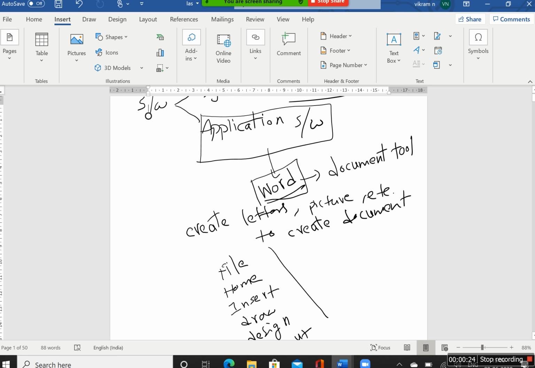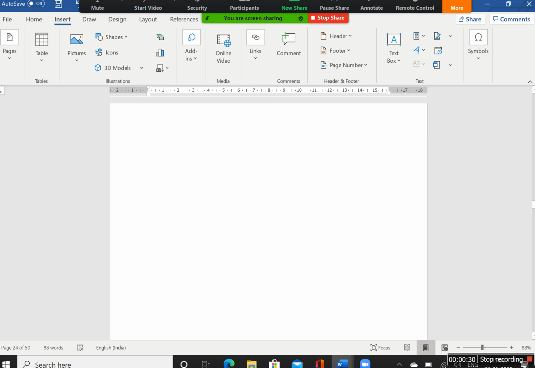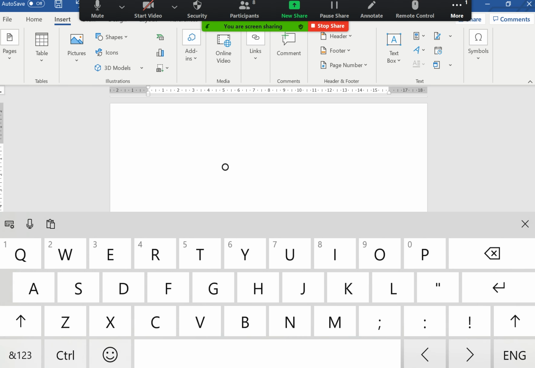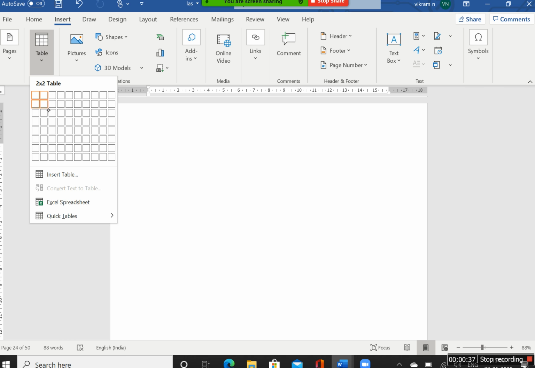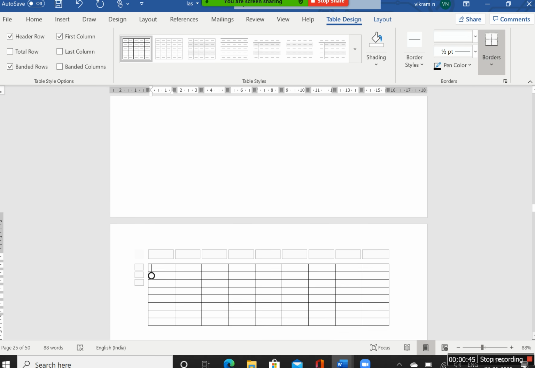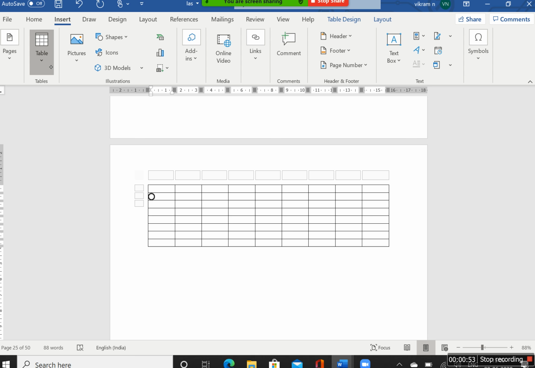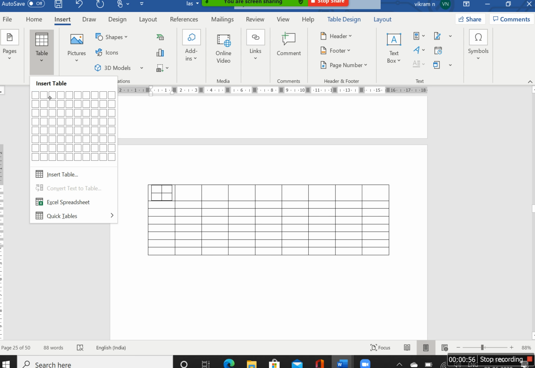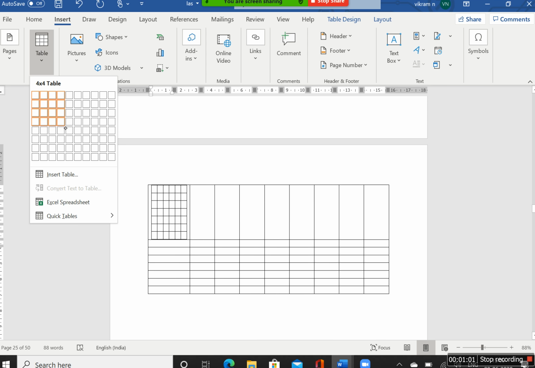First you need to click on the cursor where you want to insert the table. See, wherever the cursor will blink, in that place the table will be inserted. See, I have selected some grids. Automatically the table was inserted. Once again I am repeating, I need to go to the insert. In insert table, in the table we have, you can see the numbers 2 by 2, 3 by 1, like that. You can insert the table. You can insert a table inside the table as well.